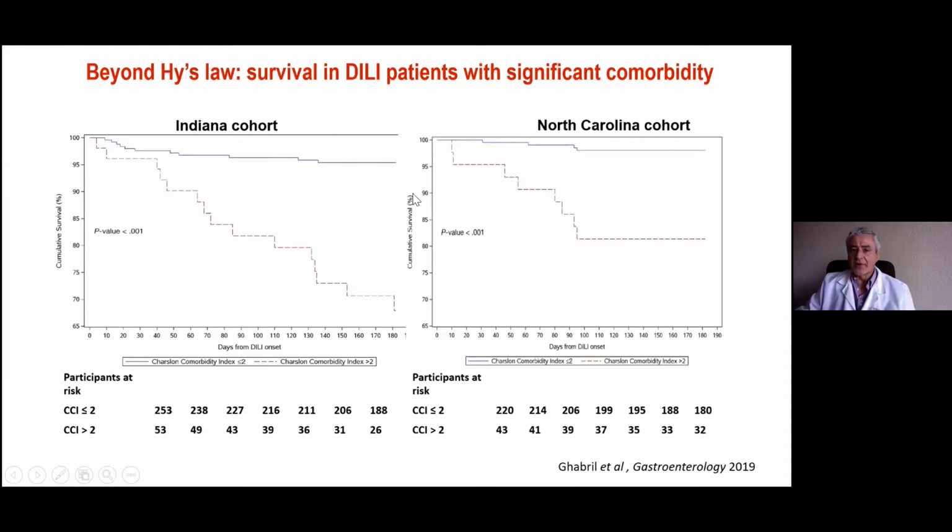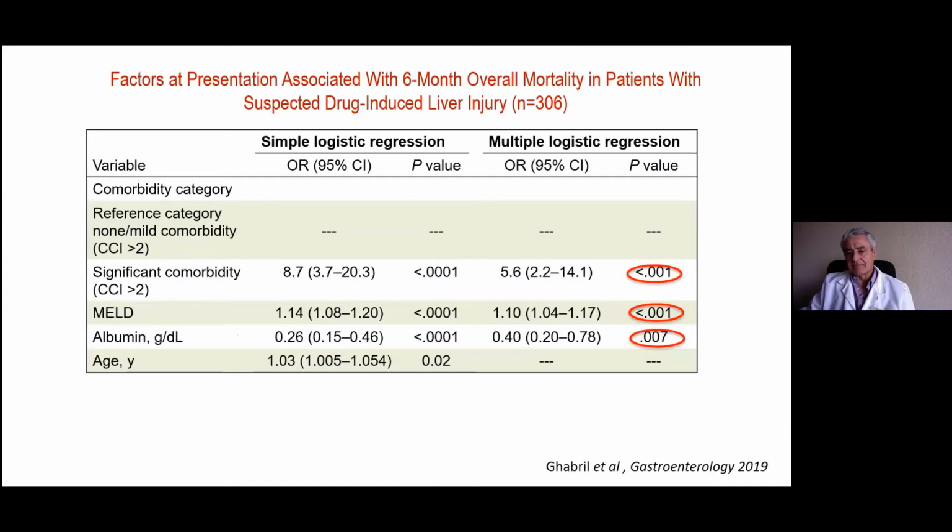And this was the discovery cohort and was independently validated by the North Carolina cohort, also belonging to the DILI group. And you can see that in addition to the Charlson score, other independent factors associated with this lower survival in the logistic regression analysis were MELD and albumin. And using these 3 parameters, they were able to build up a calculator in order to predict the risk of 6-month mortality of patients presenting with